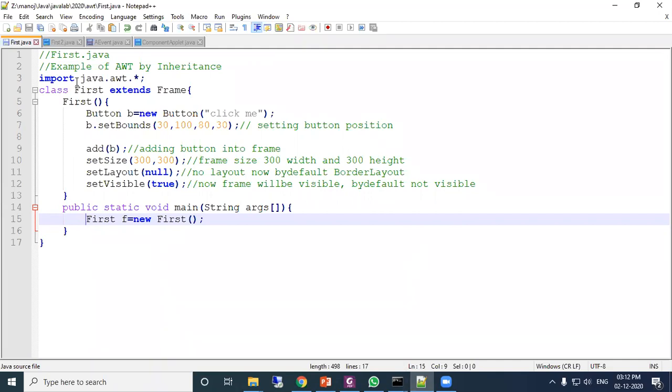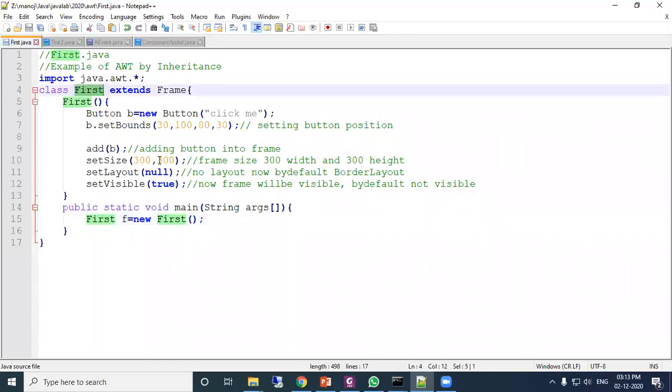As we have discussed, an AWT program will have a main function like other console applications. See here, there is a class defined.